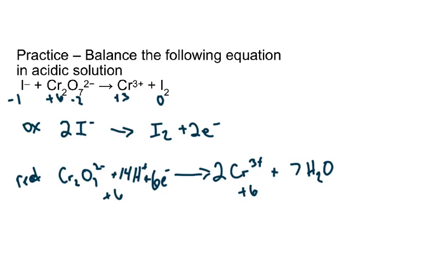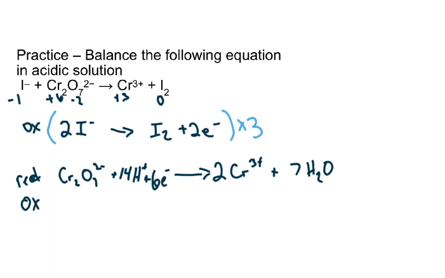All right, so now I am ready to think about adding these together. Before I do that, I need to make sure my electrons will cancel out. My oxidation reaction has 2 electrons. My reduction reaction has 6 electrons. So I'm going to need to multiply my oxidation reaction by 3. So then down below, I'm going to write my new